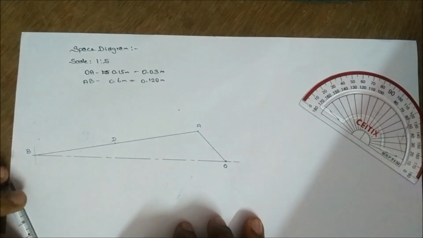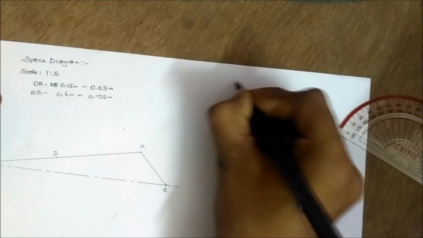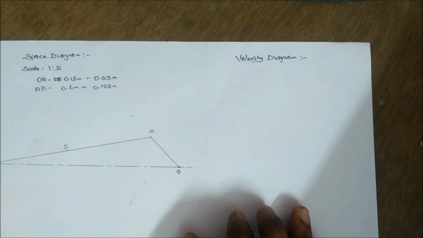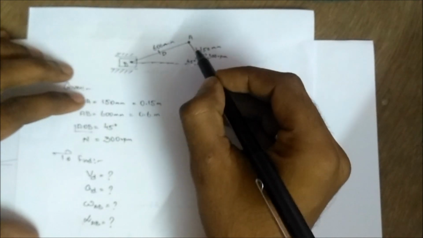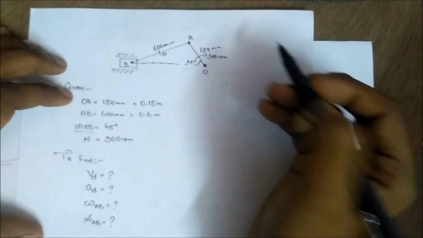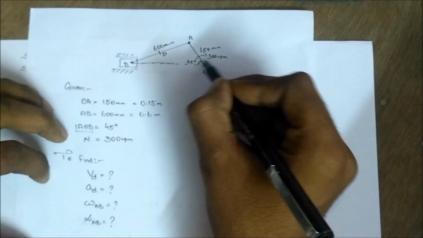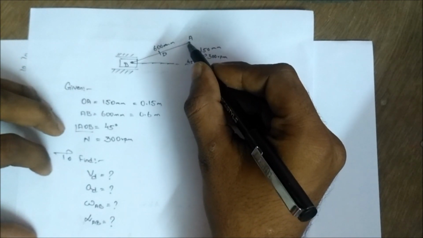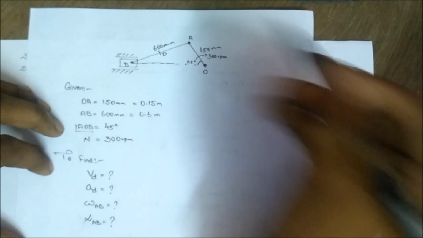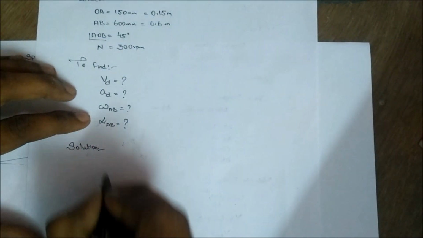The next thing is I am going to move on to the velocity diagram. For this we need to do some basic calculations first. To start with the velocity, we need at least a single velocity to continue the problem of the crank here. So I am going to find out the velocity at the point A. For this I am going to use the formula